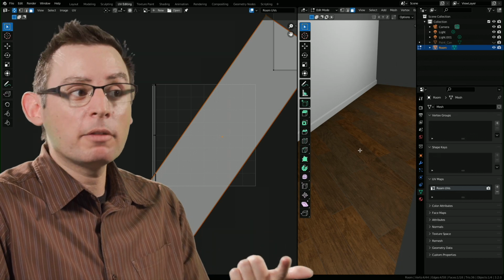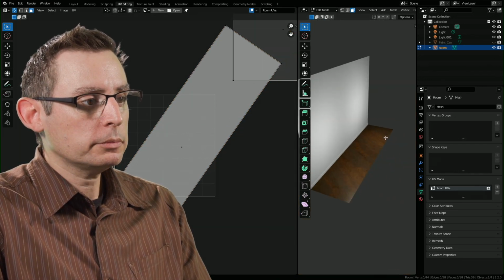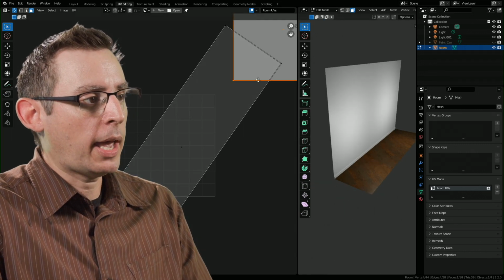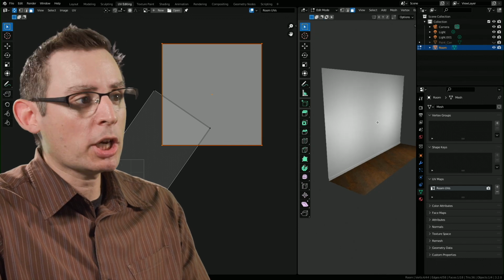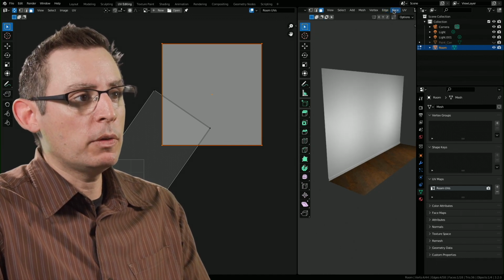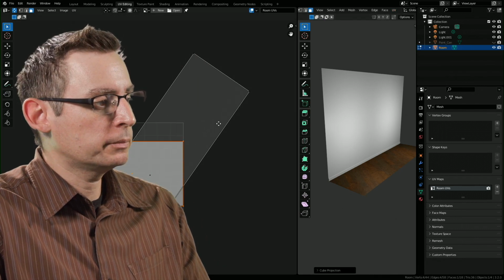Let's do the exact same thing for the other polygons inside of the scene. Let's grab the wall. There we go. I have it selected. I can see its UV selected here. And now let's do a projection of it again. Once again, I'll go to my UV tools inside my 3D view space. I'll do cube projection.